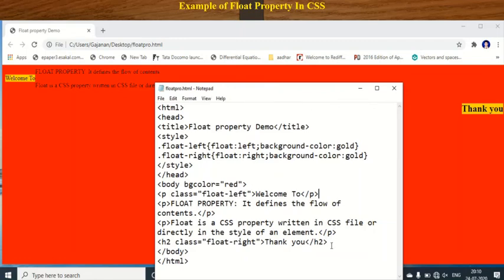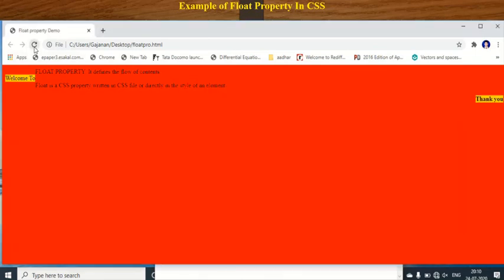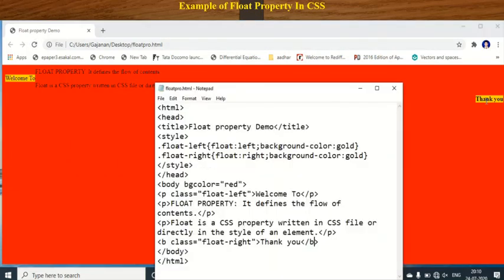Suppose I want to apply same text on B tag. Suppose here instead of H2 I have to use B. B for what? B tag is used to bold the text. Same. So your text is converted into bold format and shown like this. Correct? Next one, suppose I also have to apply some border, that is solid.